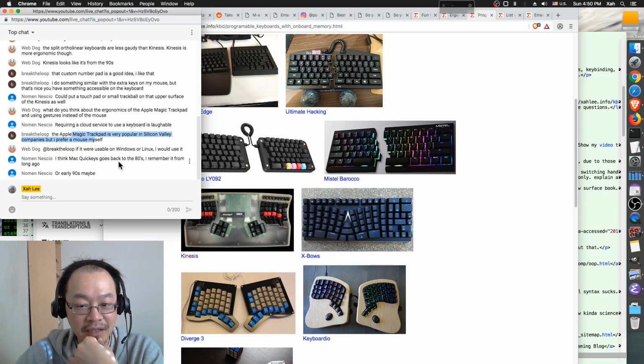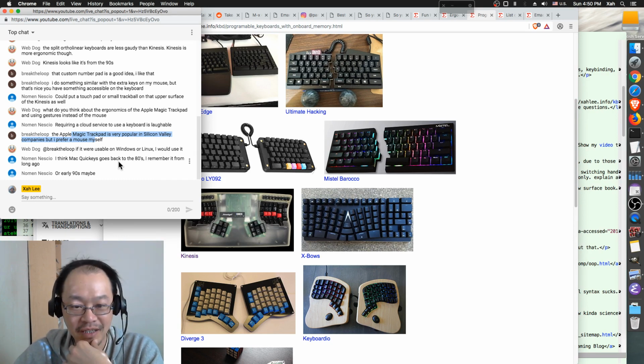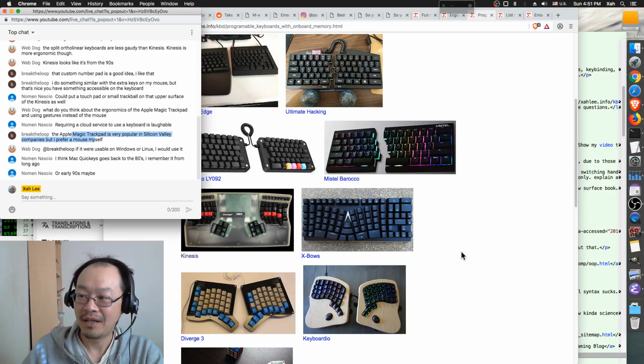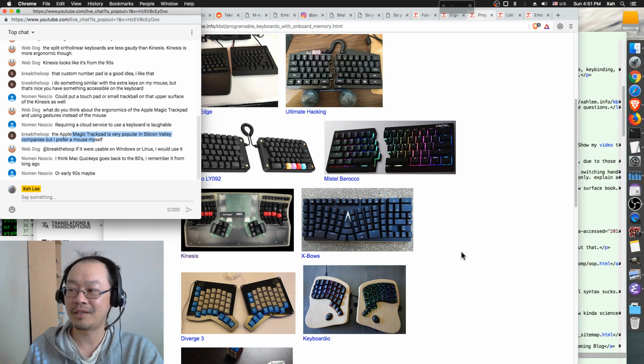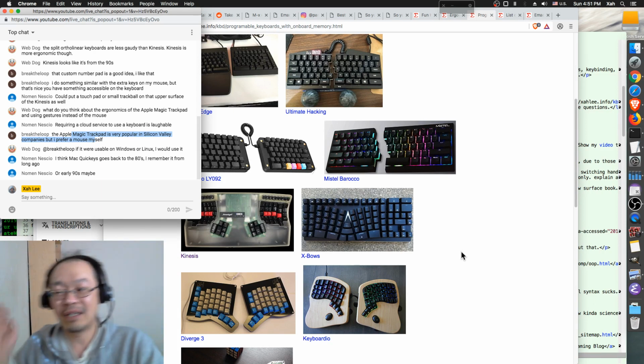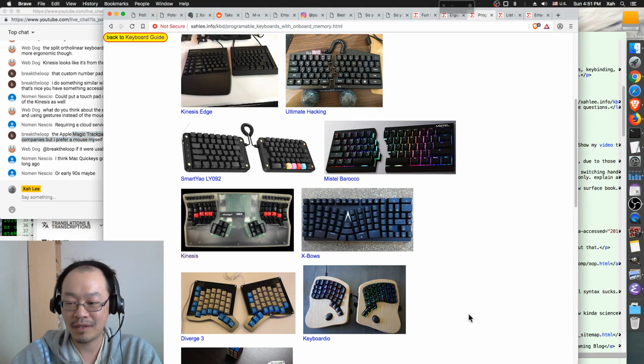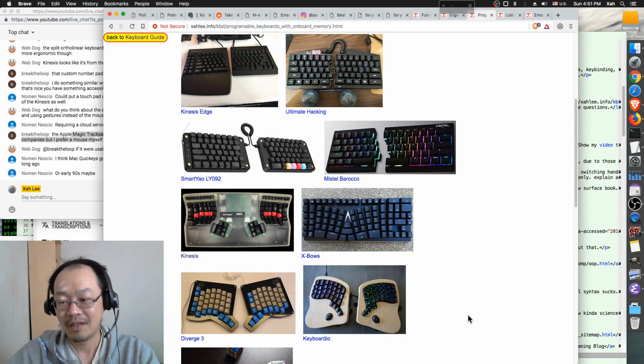Yeah, quick keys. It goes back to the 80s. Wow. Oh wow, Norman, I didn't know that. I started to use it in 1991. Well, I can't say for sure, but anyway, I started to use it in 1991. That was superb. Anyway, Mac design in general is really good.